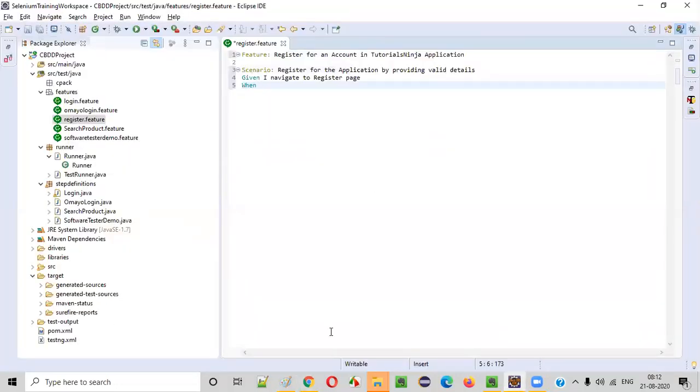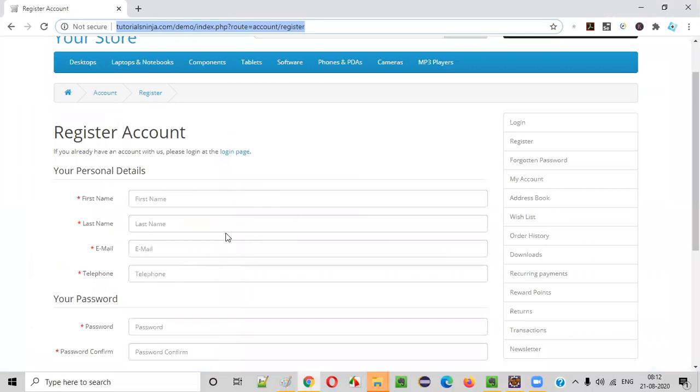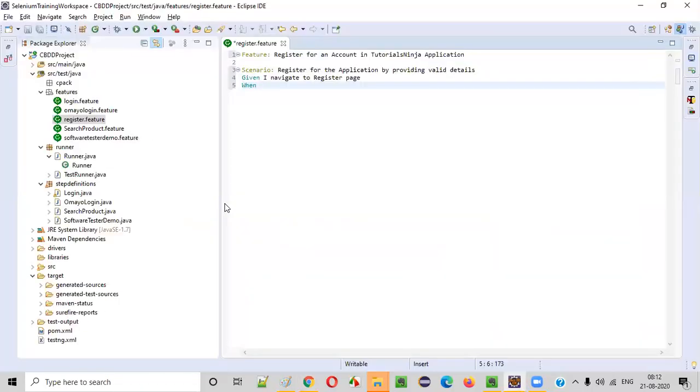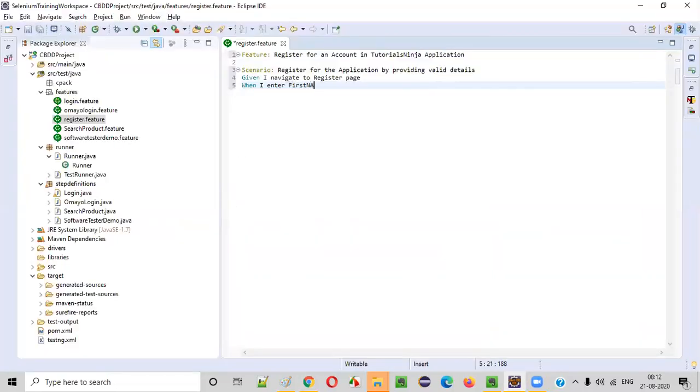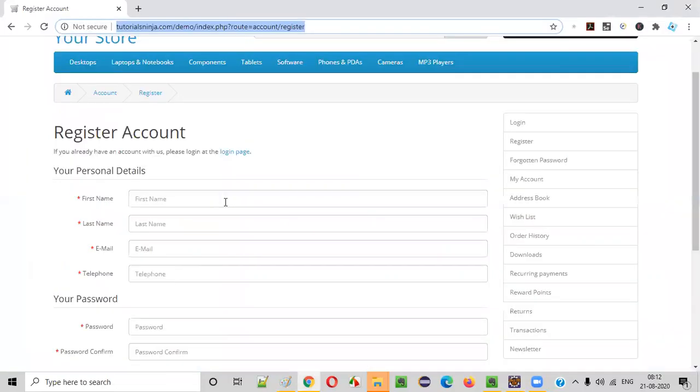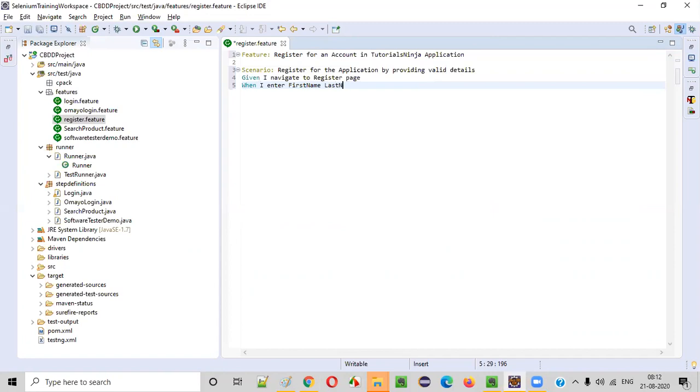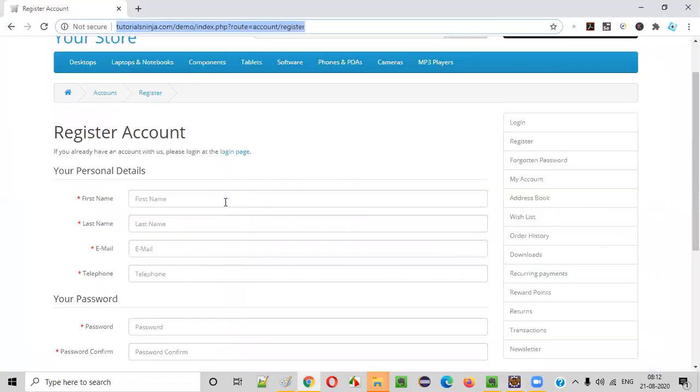When: now the thing will come. You will understand why data tables are required. When I enter first name, last name, what's the next one?